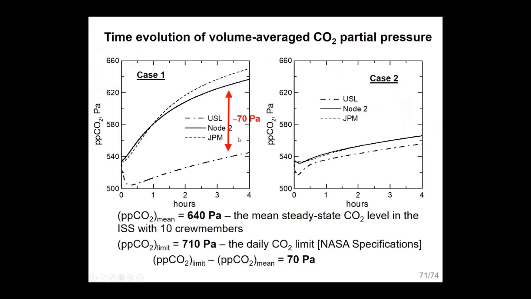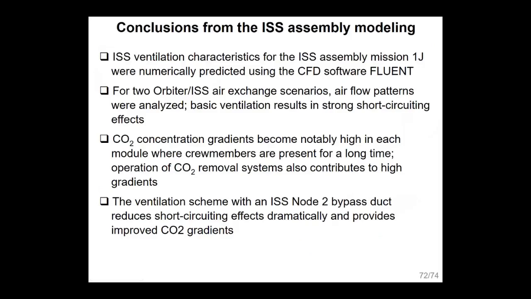In case 1, we have strong non-uniformity between carbon dioxide level in the US laboratory, where we have the carbon dioxide removal system, and in the neighboring modules. Here, in case 2, we have more uniformity in carbon dioxide concentration level. It is just one example of more than 30 problems that were solved for the International Space Station design. And it is just an open question, even for these already solved problems, how to take into account the